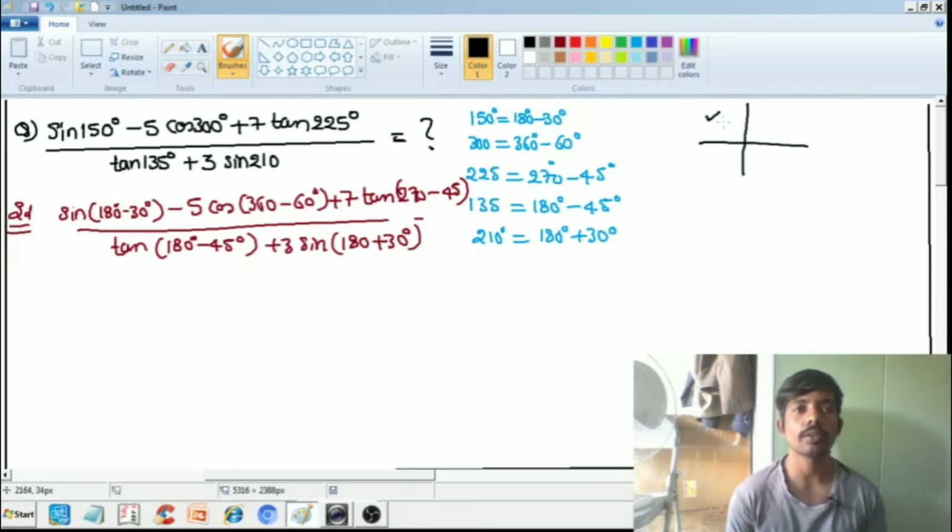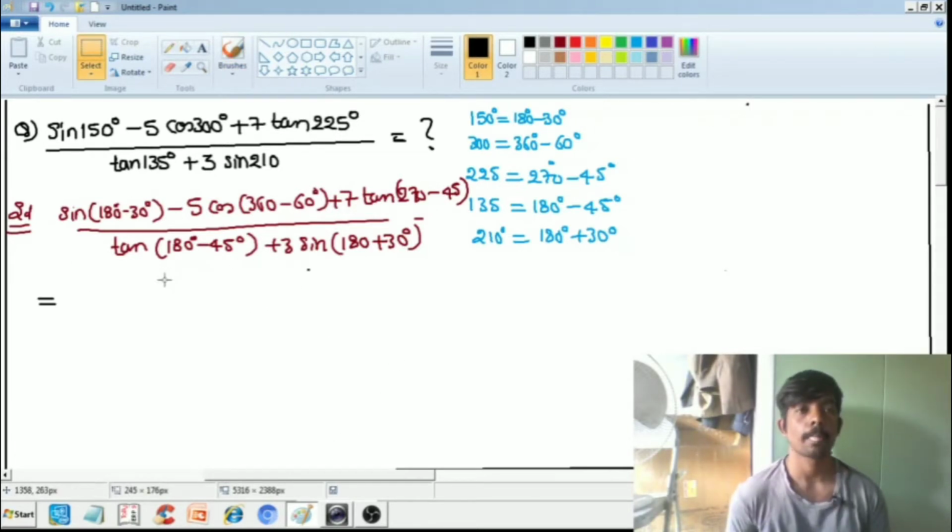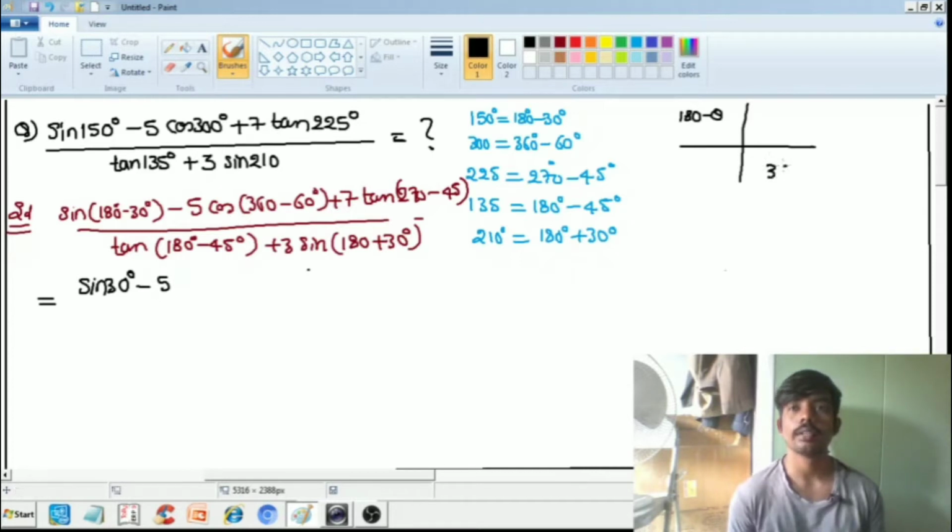In the second quadrant sine is positive, hence in the second step we have sine of 180 minus 30, which gives sine 30 degrees minus 5 into cos of 360 minus theta. 360 minus theta comes into the fourth quadrant. In the fourth quadrant cos is positive, hence cos can be written as cos 60 degrees plus 7,